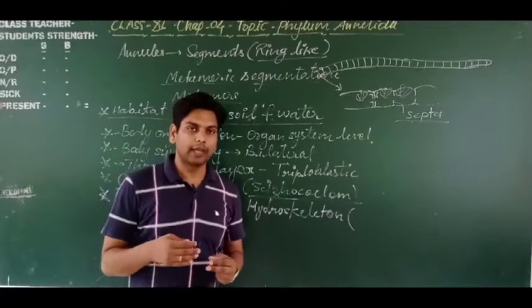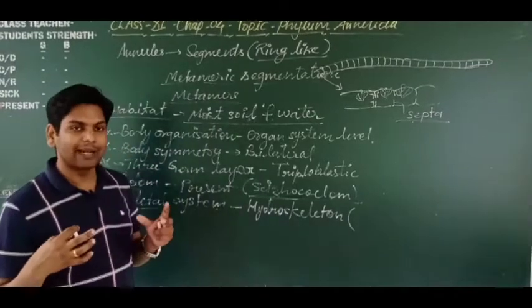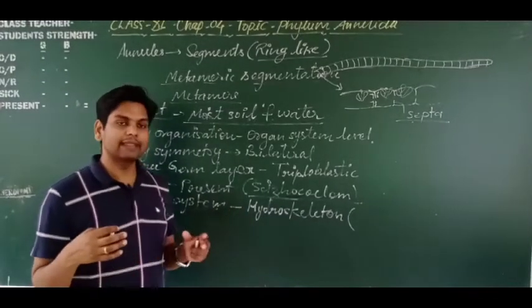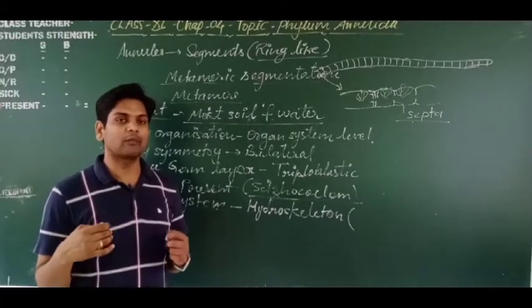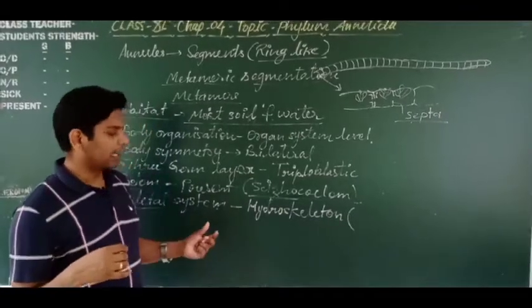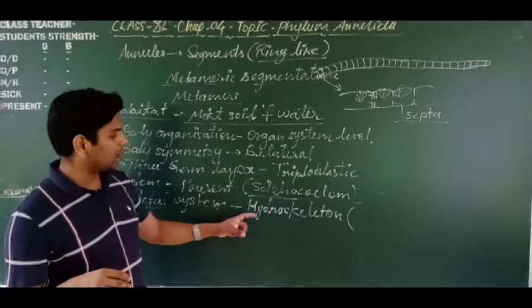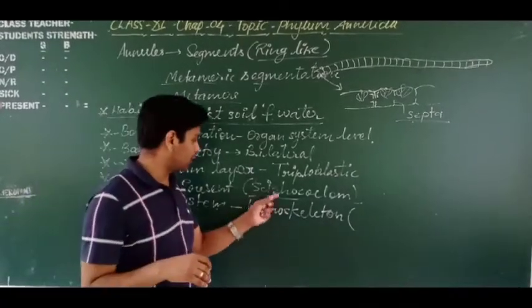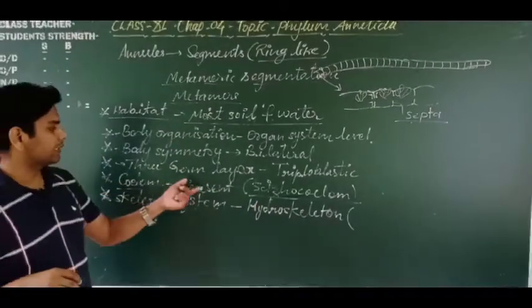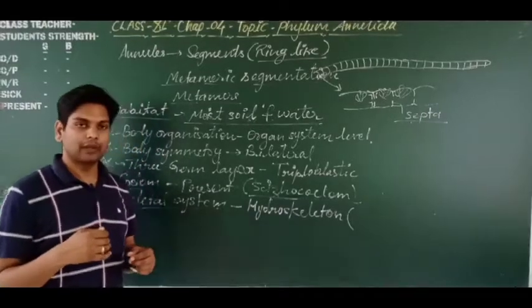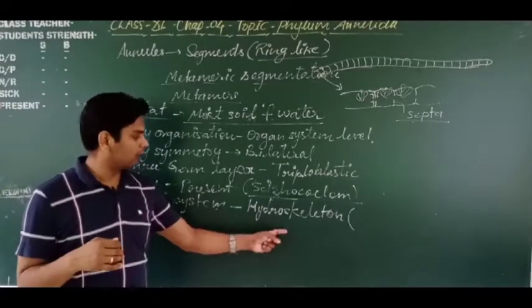It contains fluid, and this fluid makes the hydrostatic force. So due to this force, these animals build strength in their body, and they can move. Also, they can make different shapes of their body. So the hydroskeleton is present. The coelomic fluid, the fluid filled in the schizocoelom, gives strength to the living body. That is why this is known as the hydroskeleton.